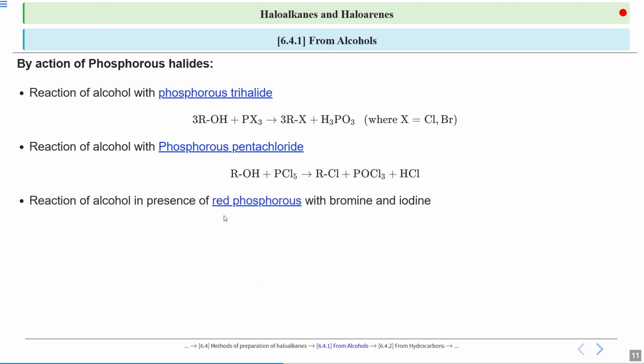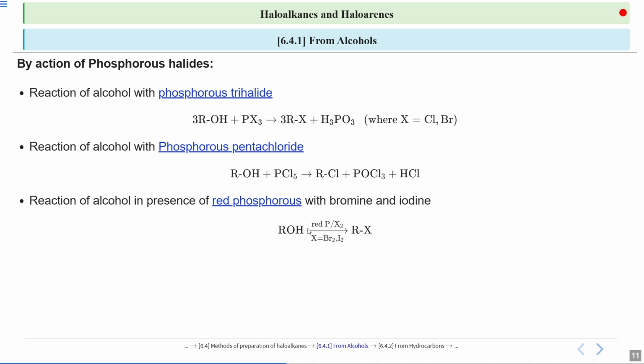Now, reaction of alcohol in the presence of red phosphorus with the bromine and the iodine. So how is the reaction going to go for the alcohol in the presence of red phosphorus with bromine and iodine? If you want to get alkyl bromide or alkyl iodide, you can also do